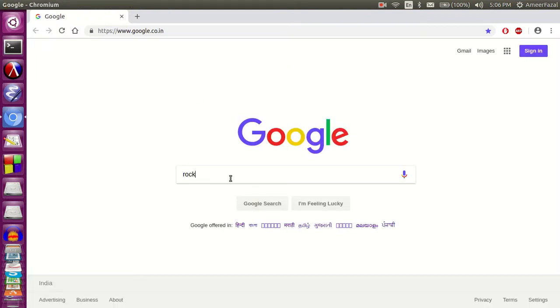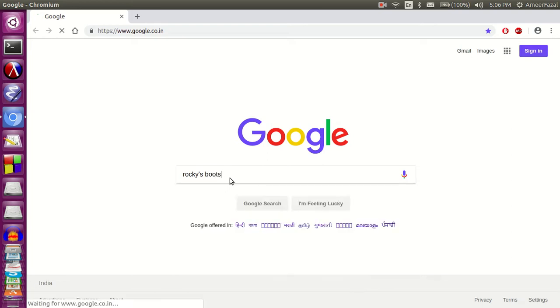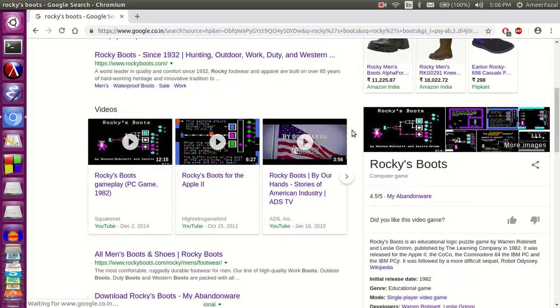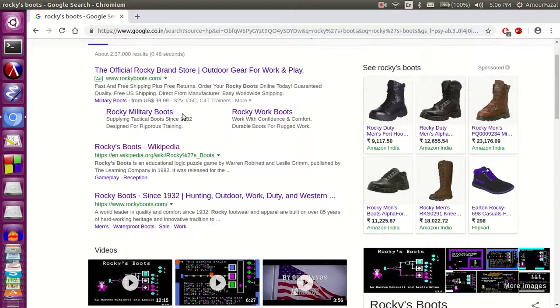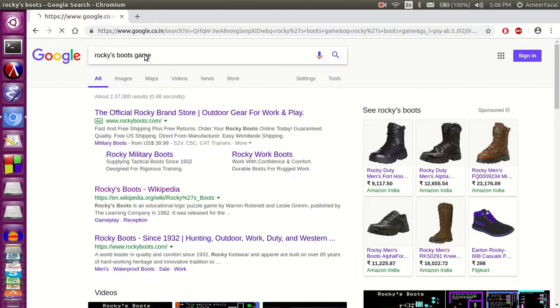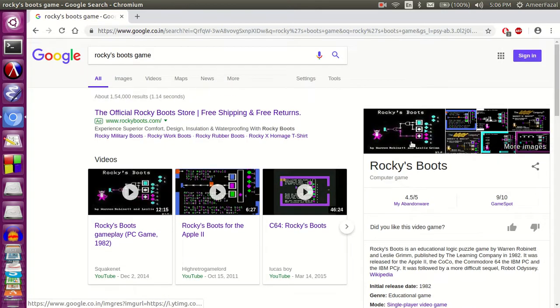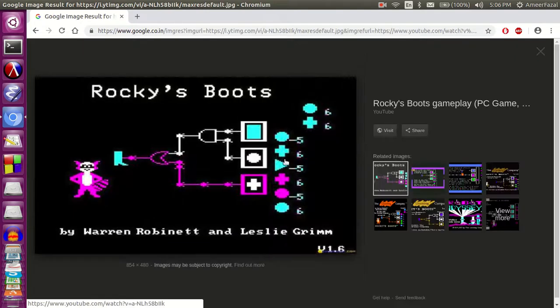Rocky's Boots is an educational game. Okay, so Rocky's Boots. We can see, I searched Rocky's Boots game. I don't want the boots. Okay, so we can see a screenshot here. This is a logic puzzle game,